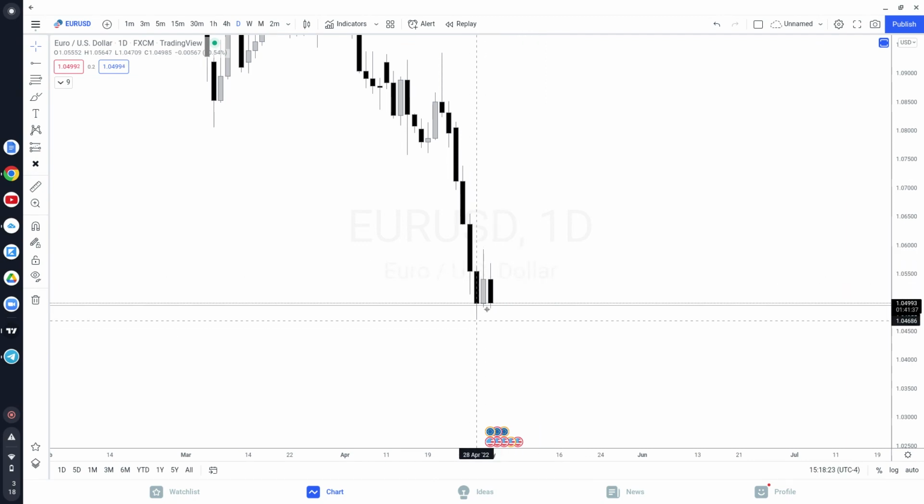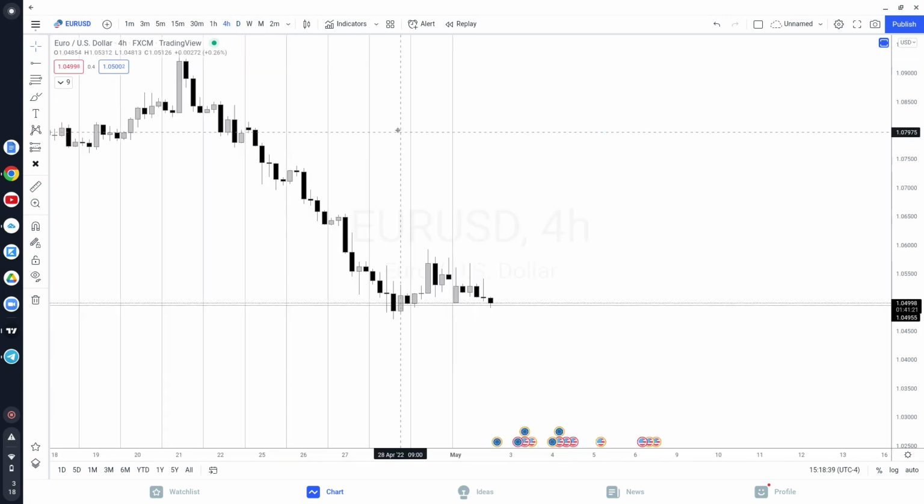Honestly, I believe what was this, Friday? I believe Friday actually did that, right? Because Thursday took out that low, closed back in the range, and then Friday took out this buy side liquidity from this previous day's high right here. And then we come into today, right? So if we back out here,